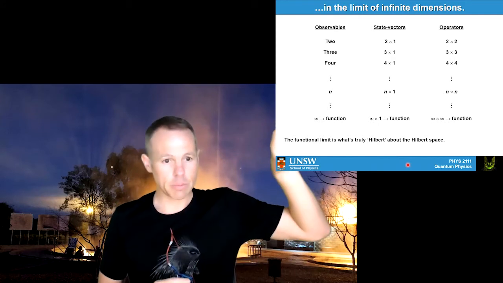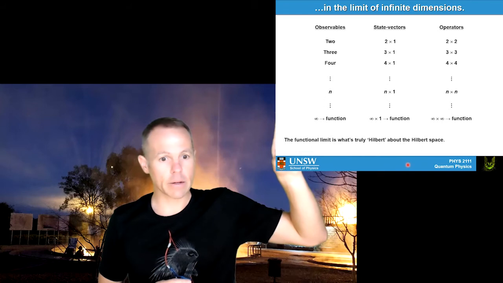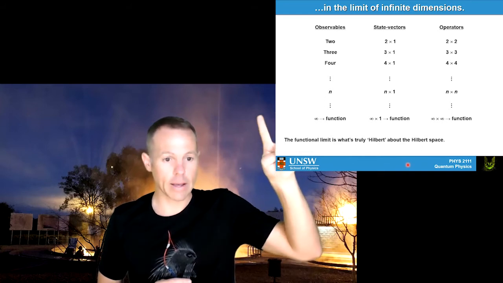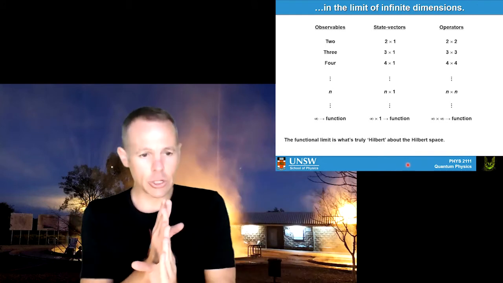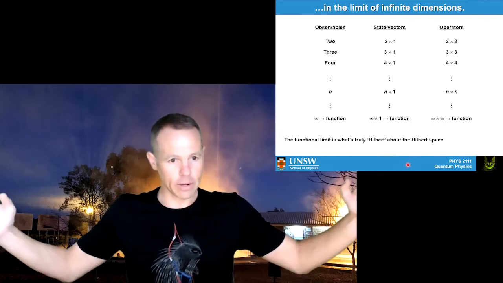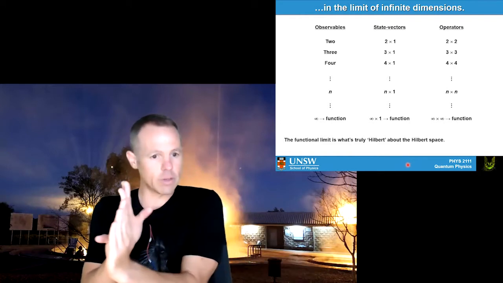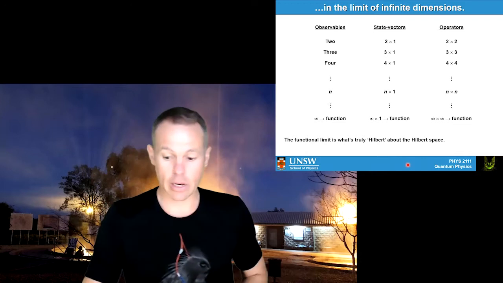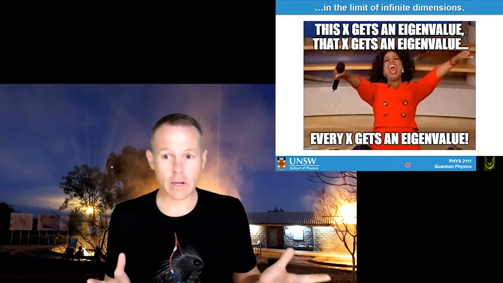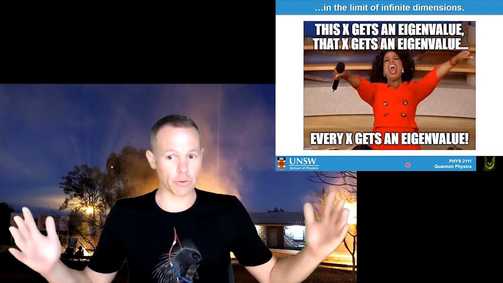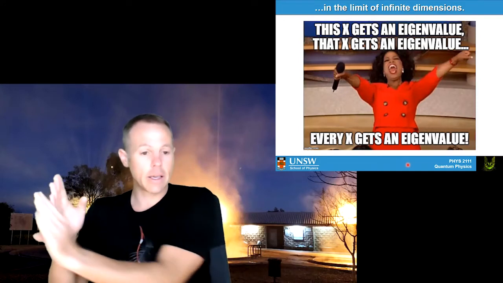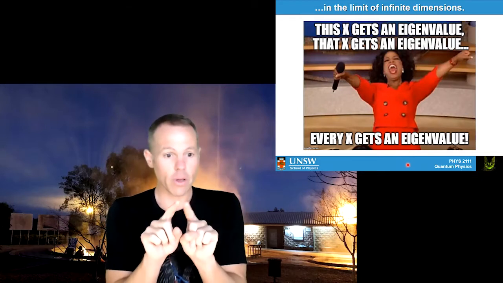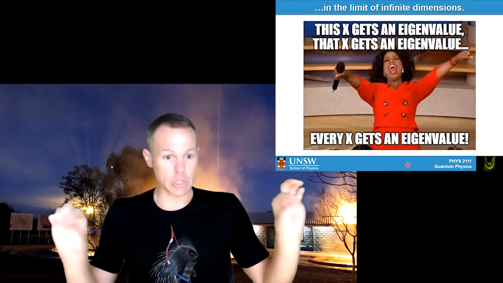If you think back to your spin, there are two eigenvectors and two eigenvalues. One of them is spin up with +1, and one of them is spin down with -1. And if you now think back to your particle on an axis, every single one of these observable outcomes is essentially an eigenvalue. So really all we're doing in this limit of infinite dimensions is saying that every single position we can have along this axis is an eigenvalue of some operator that determines the position of the particle.